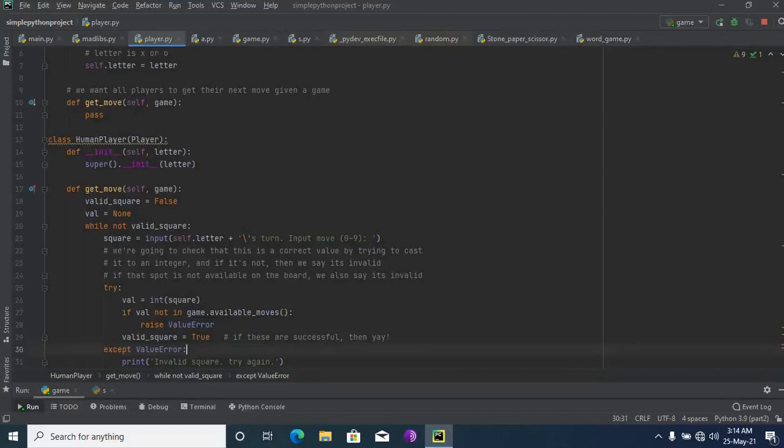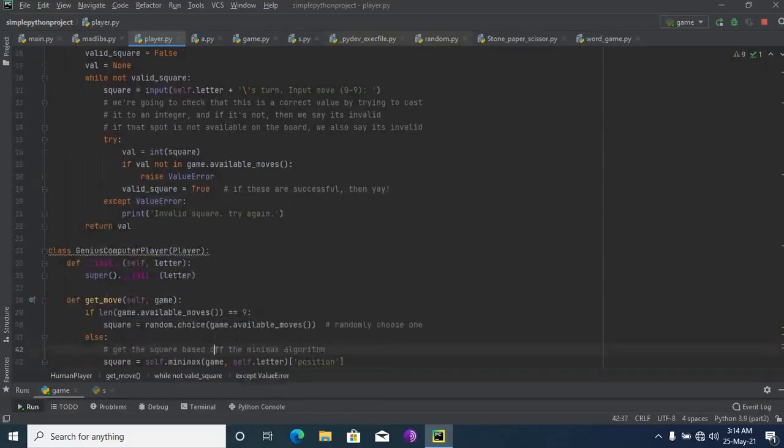If I give a value that is already printed in the same position, it will raise a ValueError. Else valid_square equals True. If the value is not in a given position, it will print invalid square, try again. If none of these fail, it will return the value.